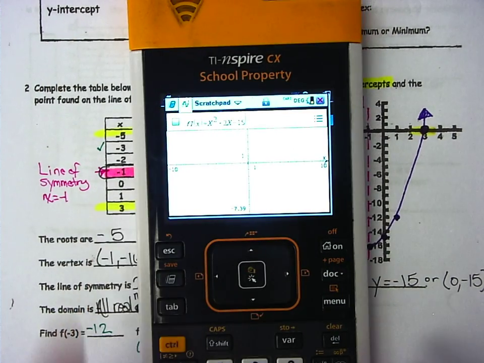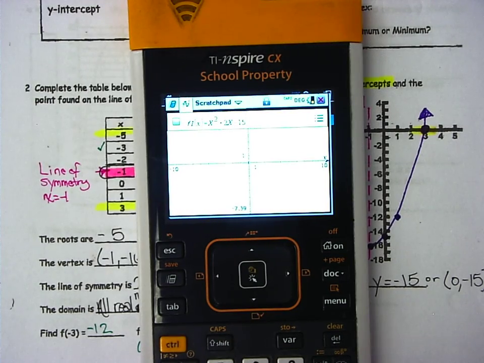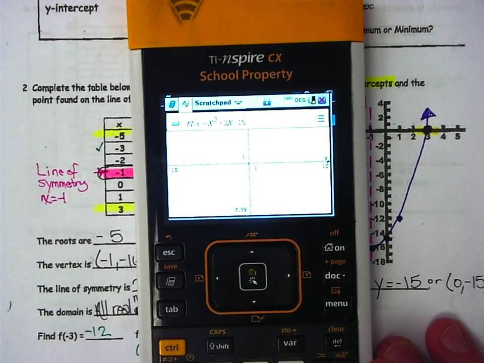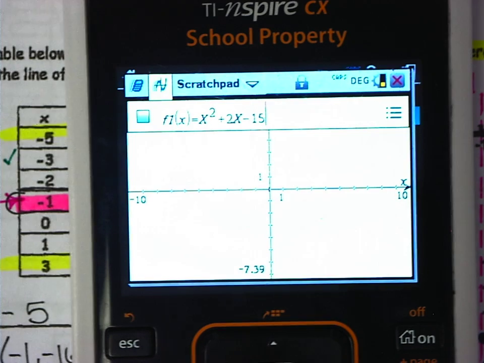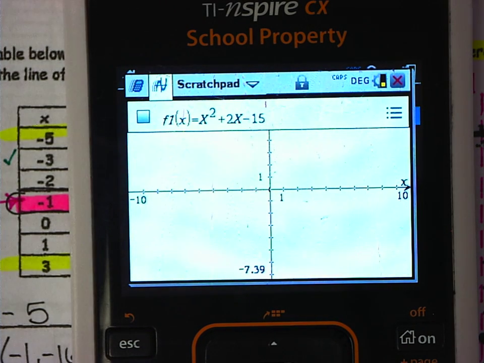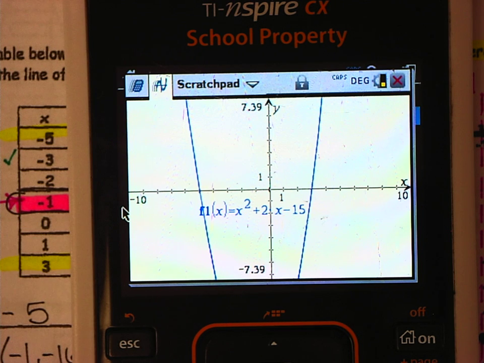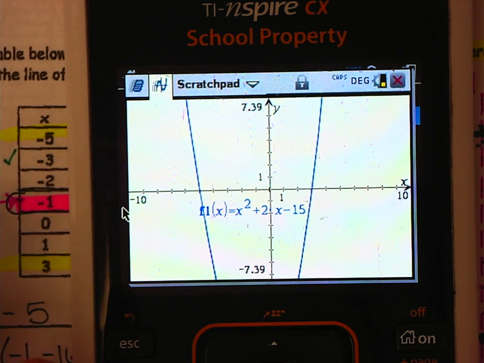On my calculator, I went to the graphing side, and I graphed this equation. It's already in f(x) form, so all I did was type in the equation x² + 2x - 15 and press enter. Now, I know I can't see the full entirety of the graph, but I really don't need to at this point, because the instructions ask me to fill out the table. So to get a table,